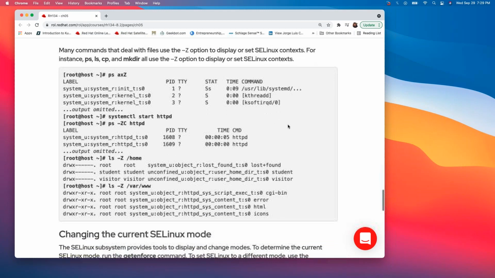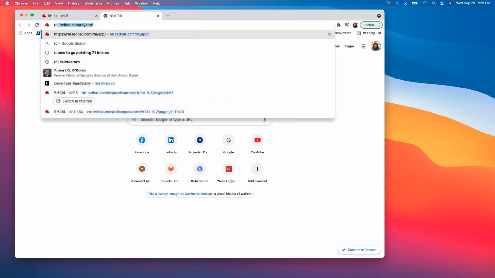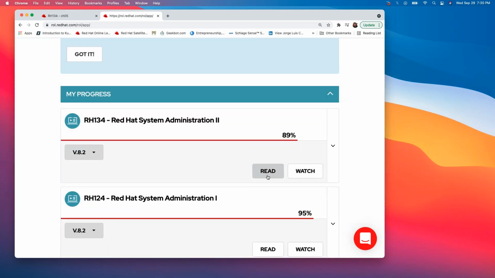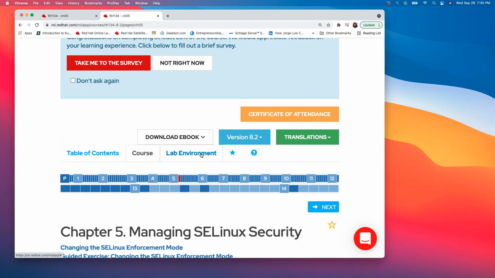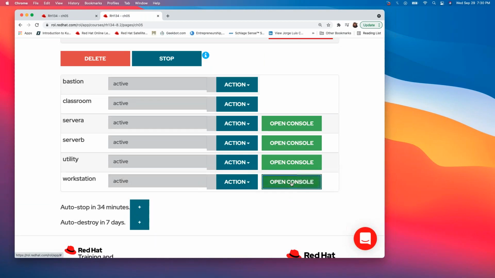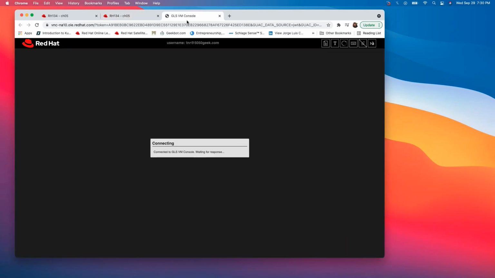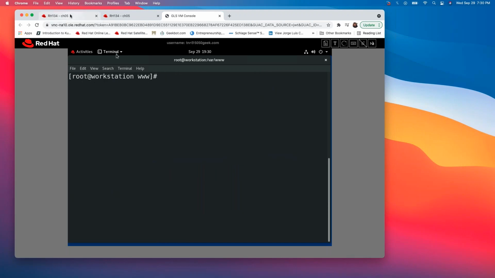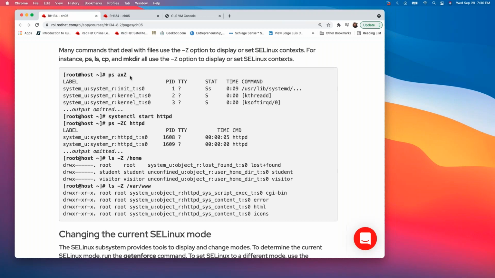So here they're going to show you processes, right? Let me bring up a process again. Let me go back to this lab, grab this lab environment in this console. All right, let's clear. Here they're saying if you run ps, and this is another way to tell if SELinux is running or not, if you run a ps